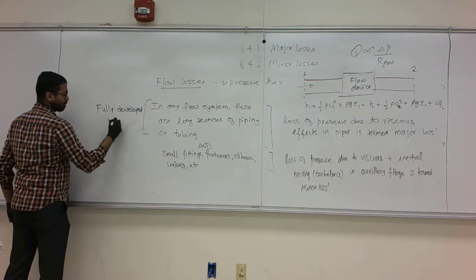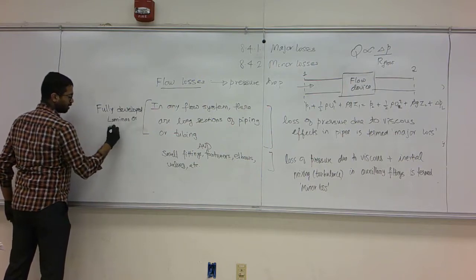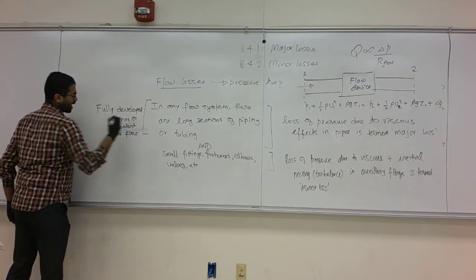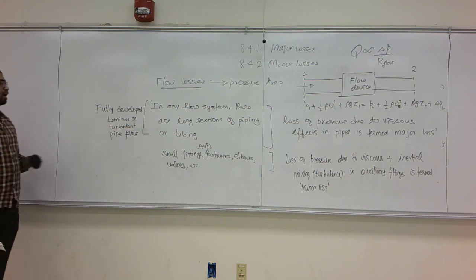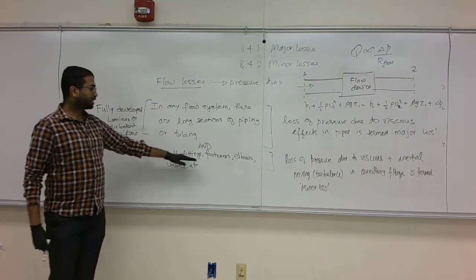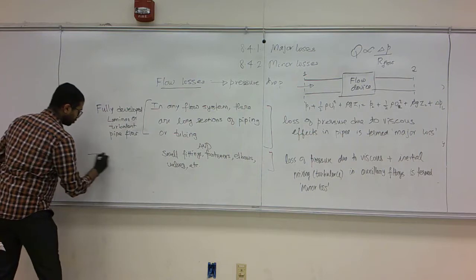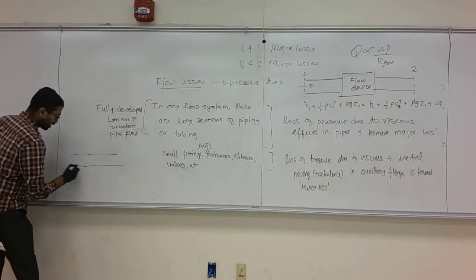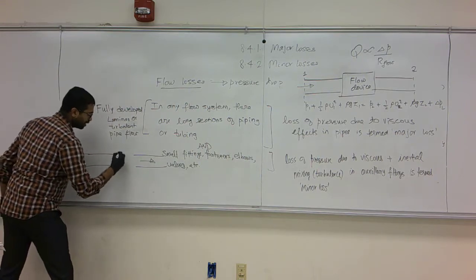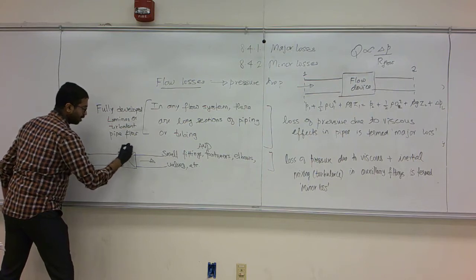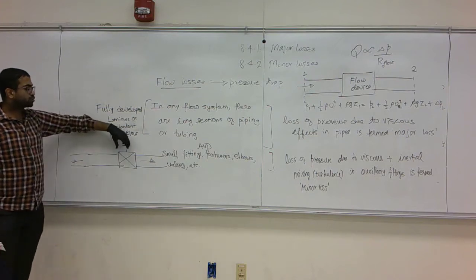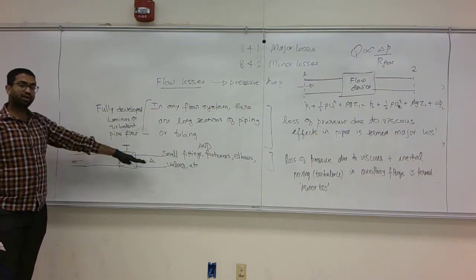It could be laminar or turbulent pipe flow, and we call these major losses. Okay? And then the flow also goes through small fittings or a valve or an elbow. Say there are two sections of pipe. This pipe is long in this direction. There is one more section of pipe which is long in this direction. In between these two, you could have a valve or a shut-off valve or a gate valve, which can be used to regulate the flow that goes from one side to another.